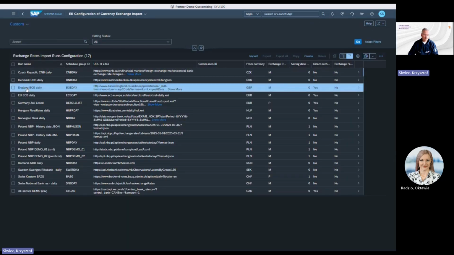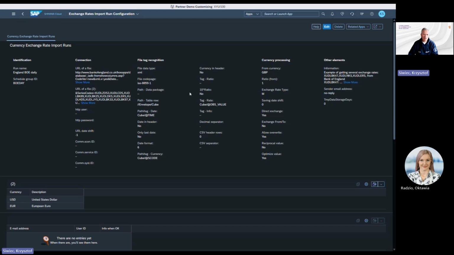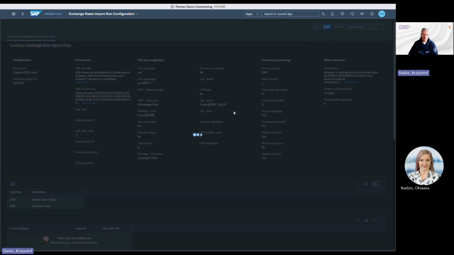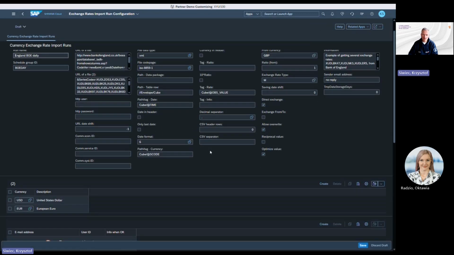Normally, to make a configuration, you need these entries, I would say general entries. Then you need to define the currencies you want to gather. These are two, but we can edit it and add a new one.